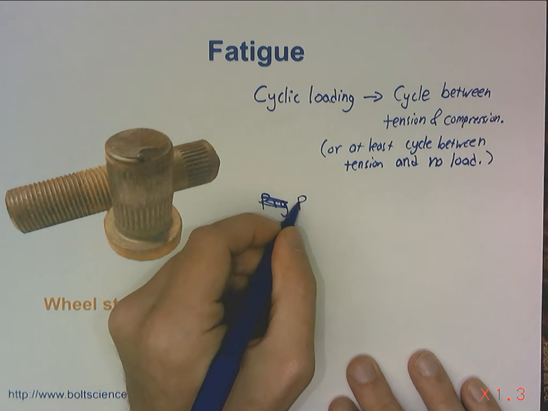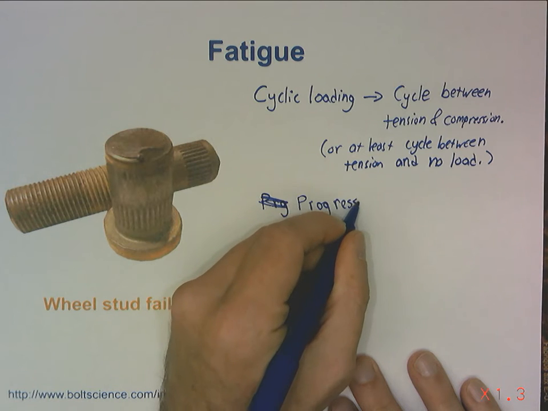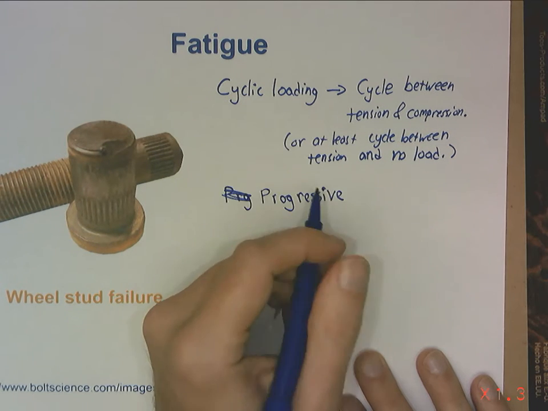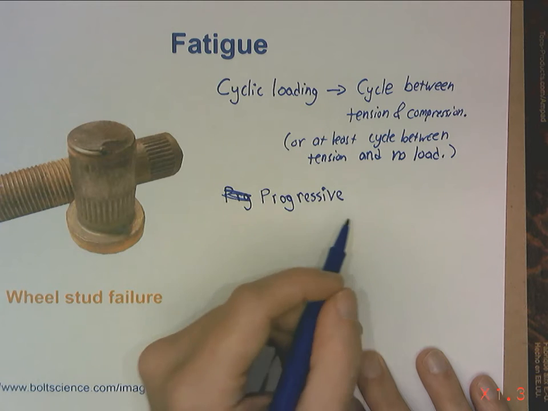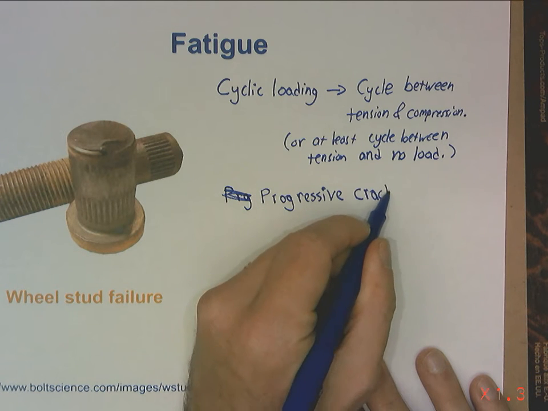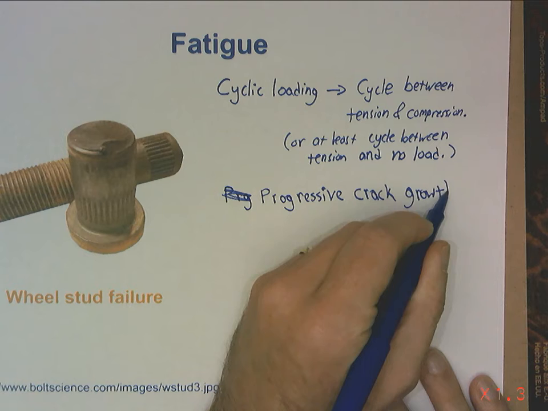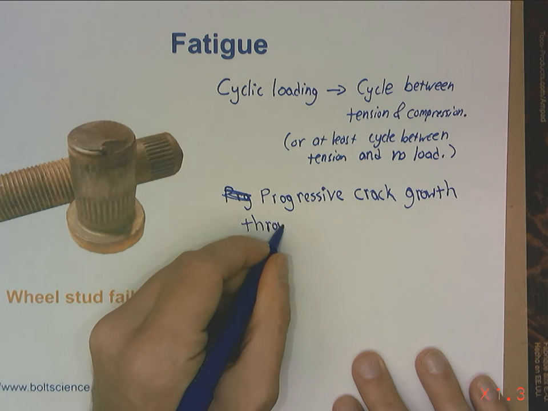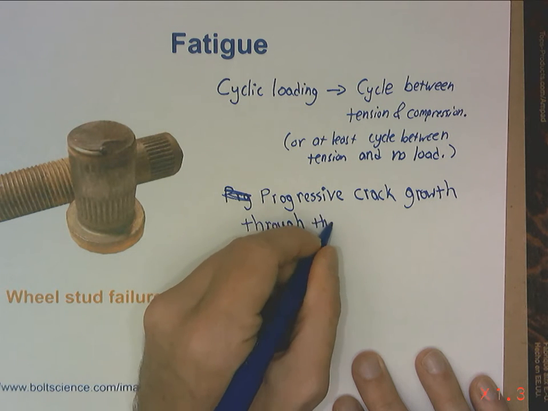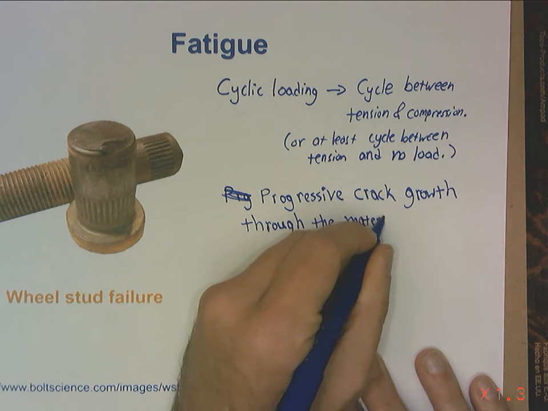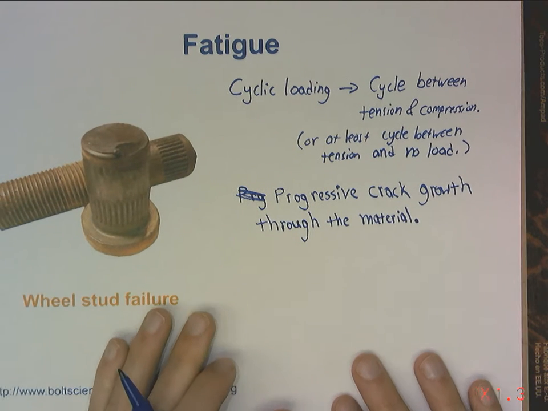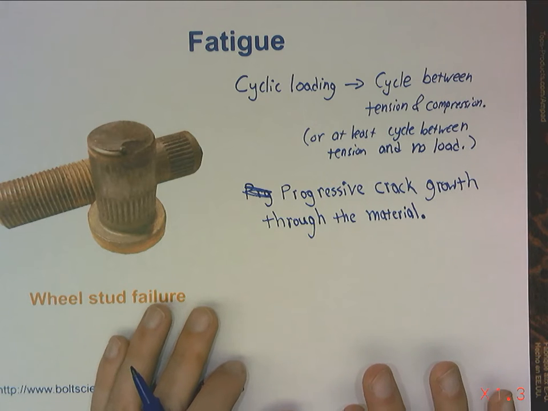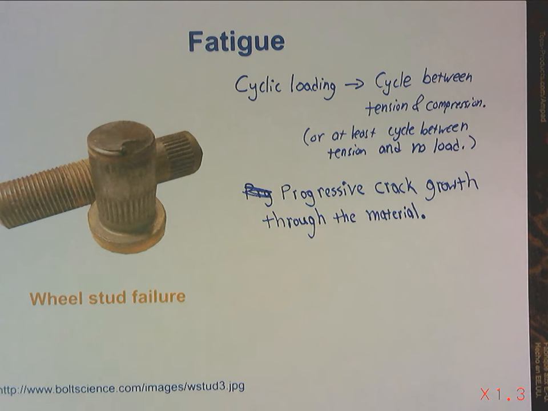So it's usually a progressive, usually slow, failure. Since it's associated with cyclic loading, we usually see this again associated with planes, trains, automobiles, etc., because you